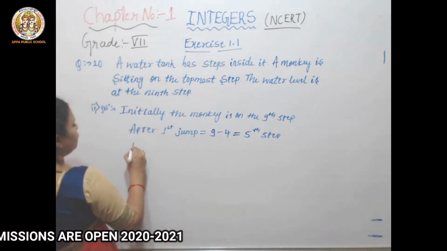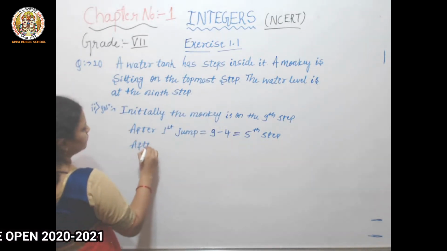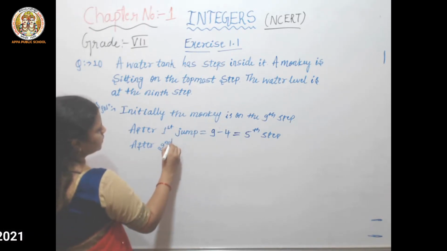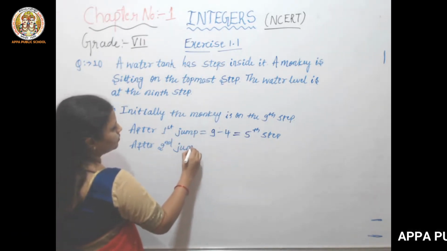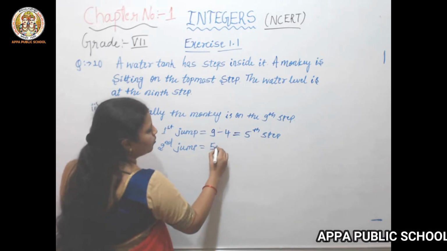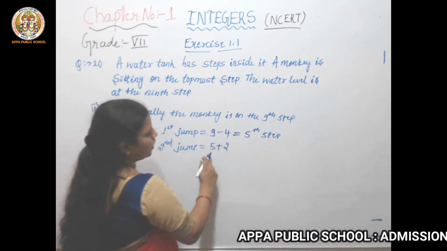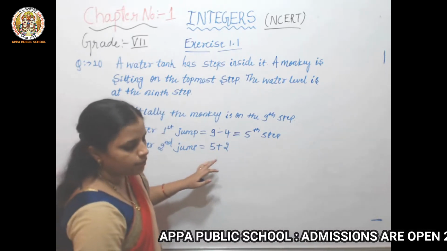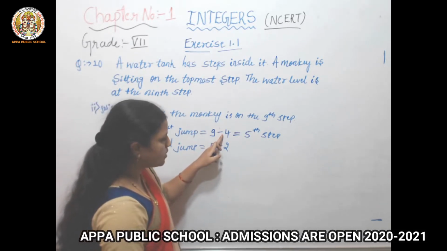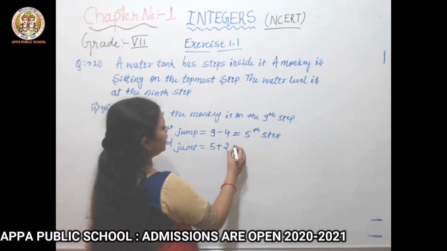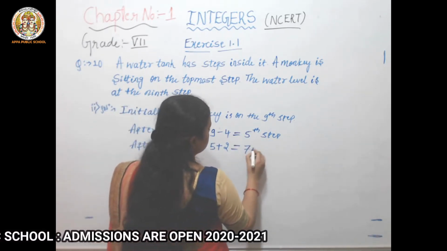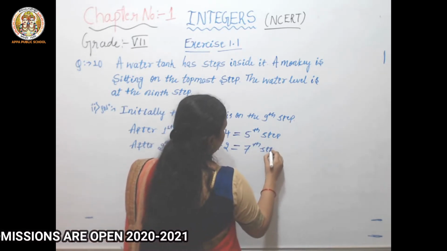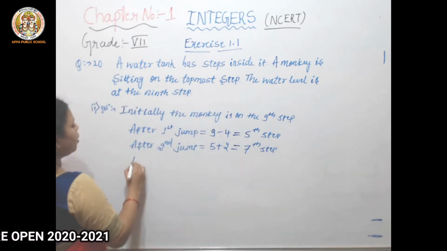The next, after the second jump, it has 5 plus 2. And why am I taking plus 2 here? Because up is minus, down is positive. So 5 plus 2 is 7. So the 7th step. The next, after